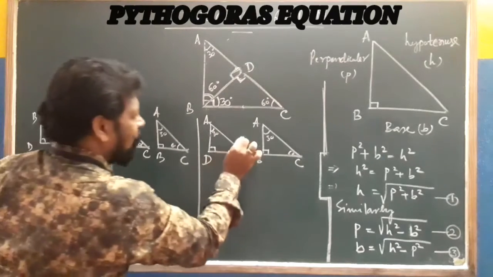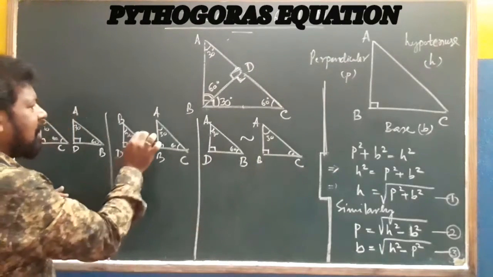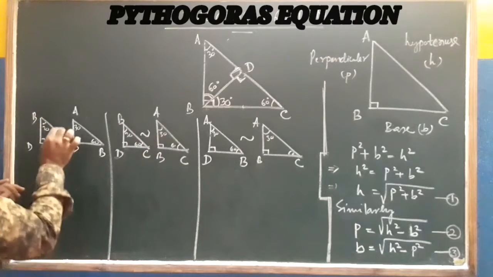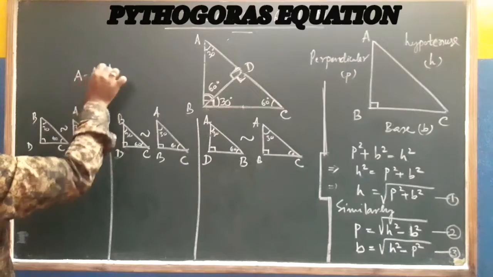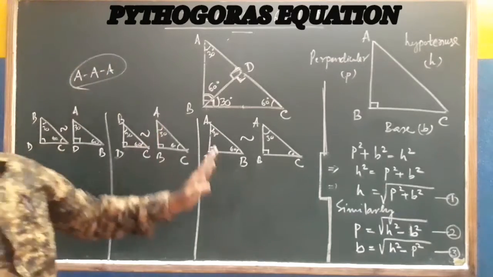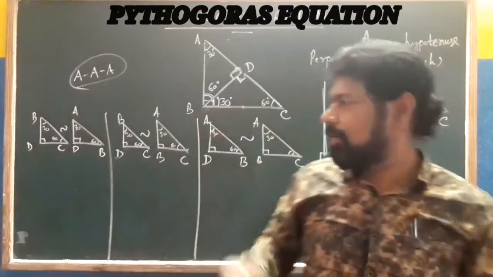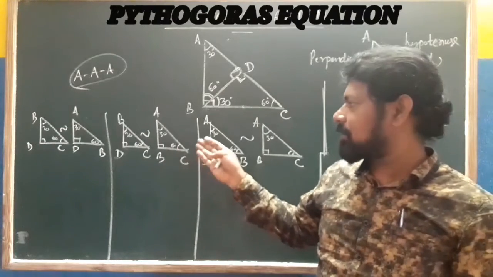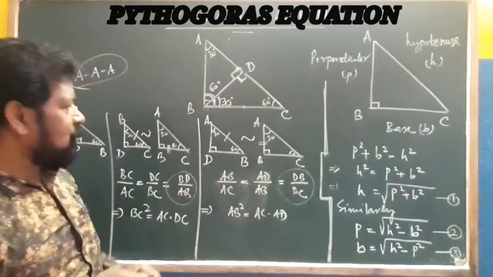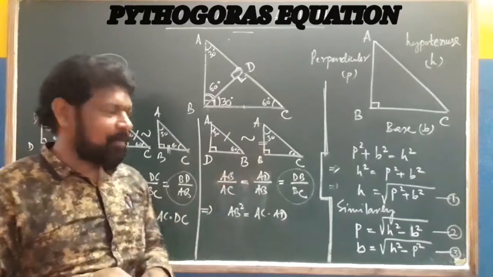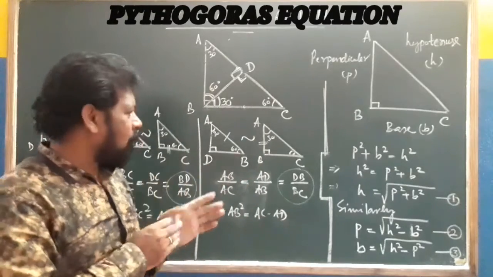So I got here one pair of similar triangles, here another pair of similar triangles, here another pair of similar triangles. All are similar under the angle condition, because they have 30 degrees, 90 degrees and 60 degrees. And let me extract what the similar sides are. Coming to this case, these two triangles are similar. Let's see which side is common.